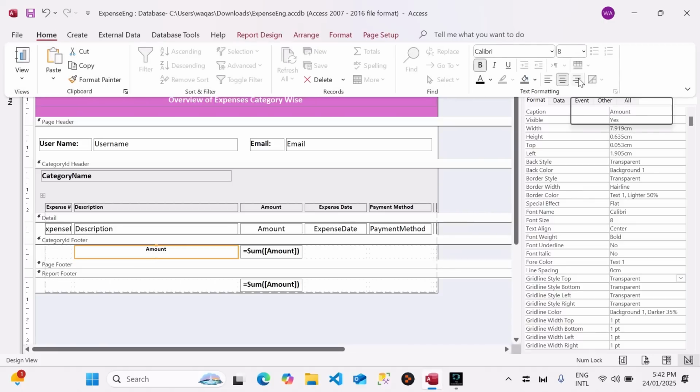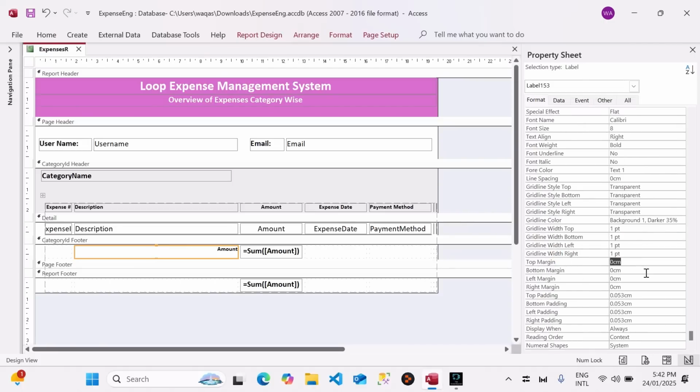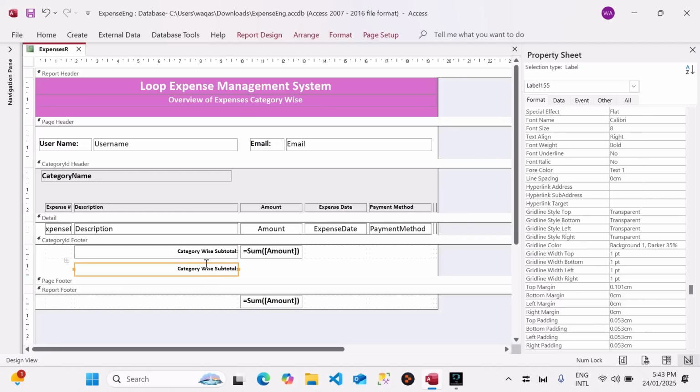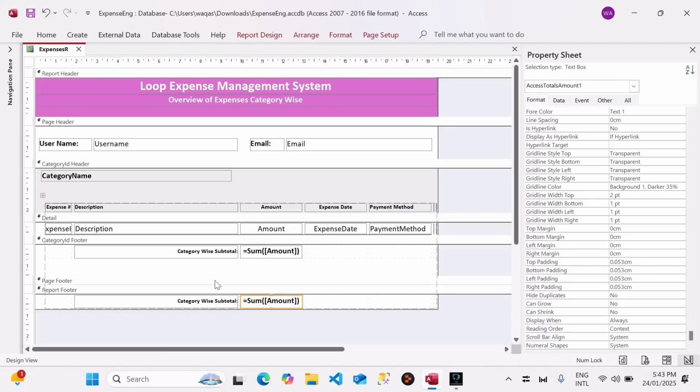We can align towards the right side, and then we can increase the margin. So 0.05, let's see how, no, 0.1, no. Okay, that makes sense. 0.1, a little bit. I think that should be okay. And now we'll change this to category-wise subtotal. Okay. And I can copy this and I can paste by pressing Control V, and I can bring these here as well. Now in here, what I'm going to do,